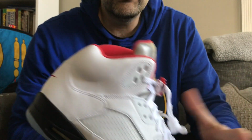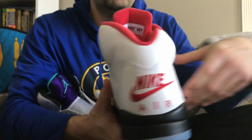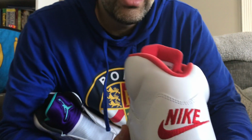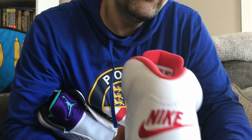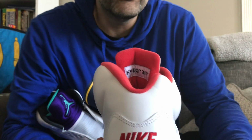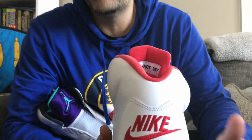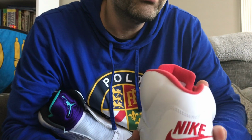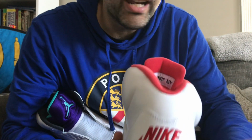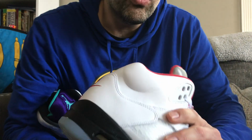Now, with that said, we've been waiting 20 years for this shoe to come back again. And I did have the 2000 Retro. Everybody calls them the 99s because they were produced in 1999, but the actual release date was in January of 2000. That was the last time this colorway got the Nike Air branding. Not 1999, January 2000. Okay. So with that said,